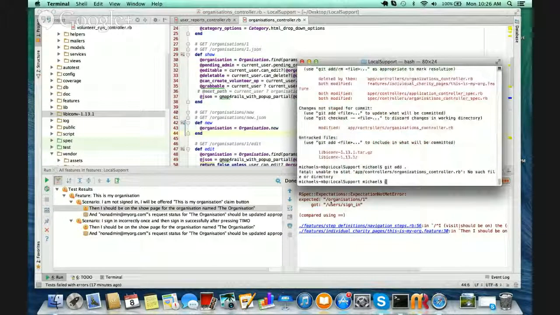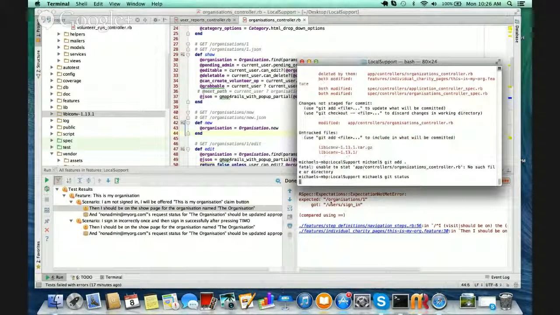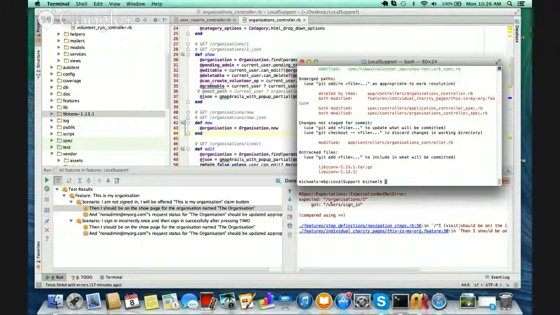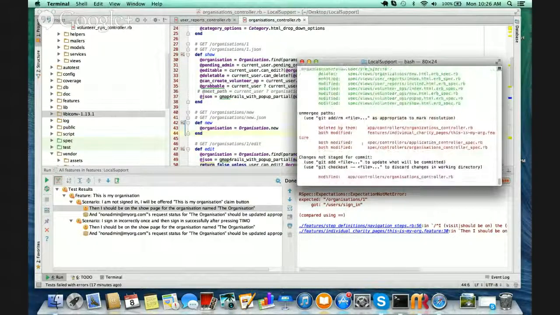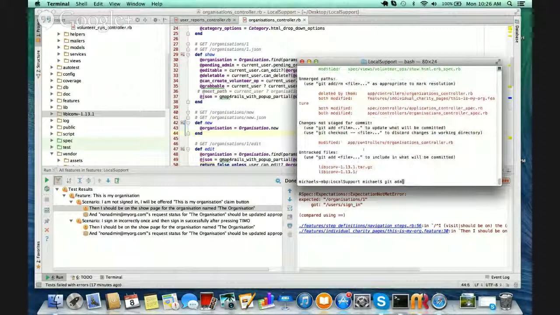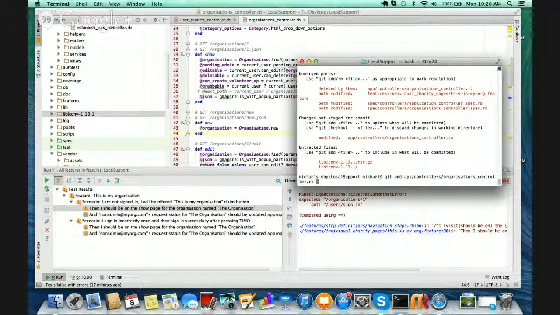I think you need to git add that specific one. If you do git status there, does it tell you about changes? Yeah, just do git add on app controllers organizations controller, with the S. I would copy and paste it.